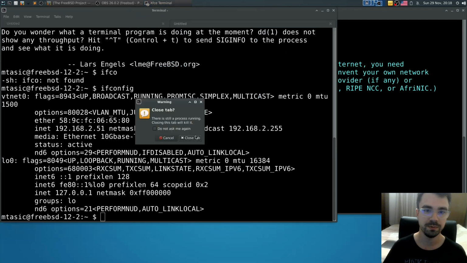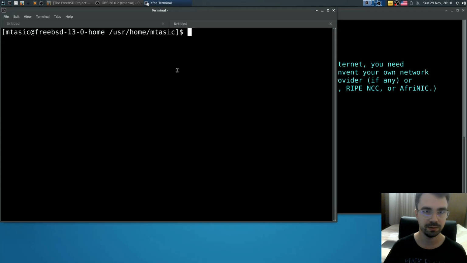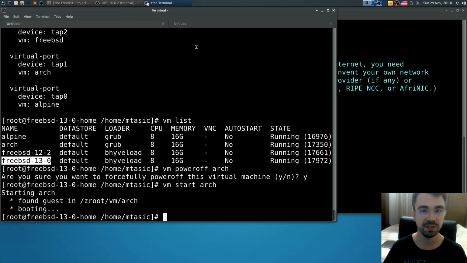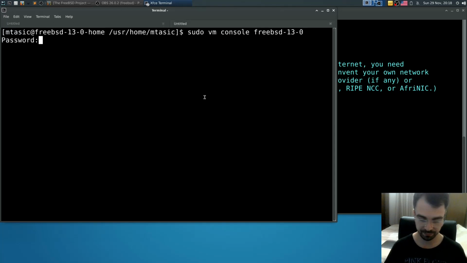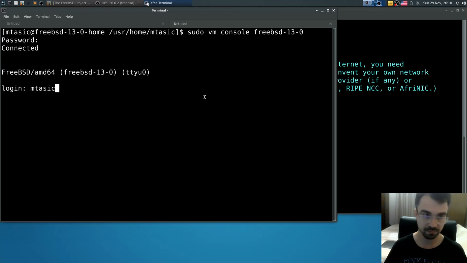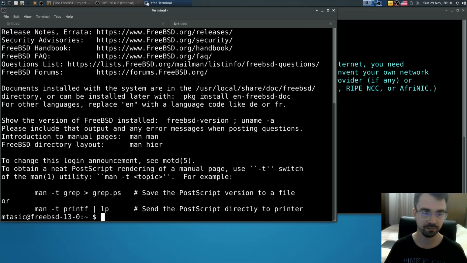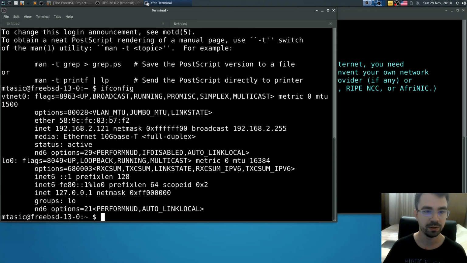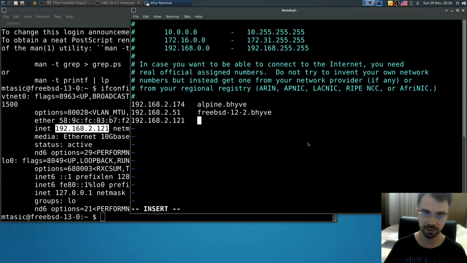Let's close this one, and let's go to sudo vm console and FreeBSD 13.0. So here the address is this one, freebsd13.0.beehive.